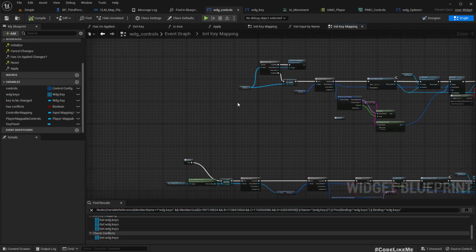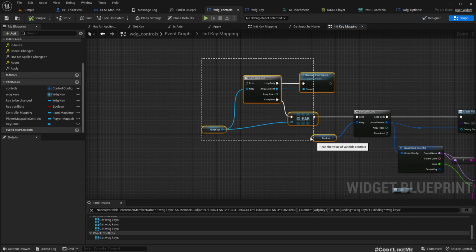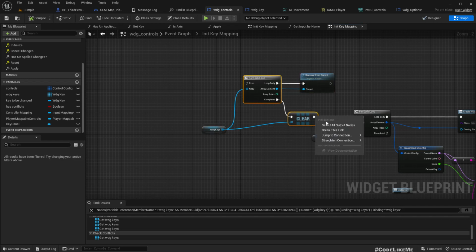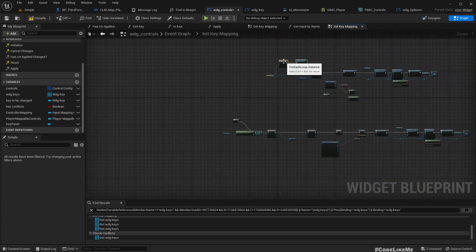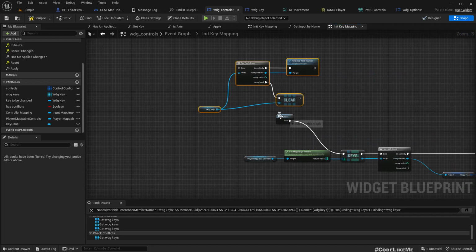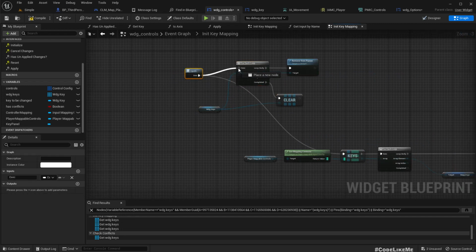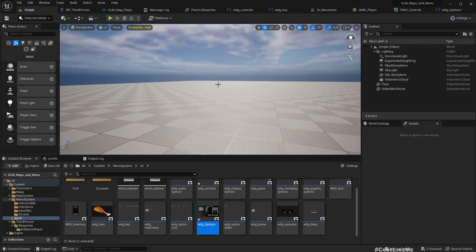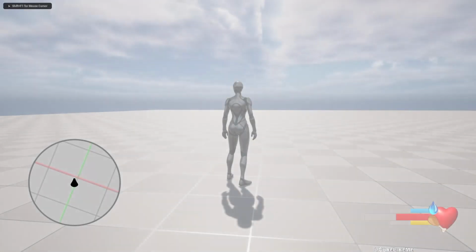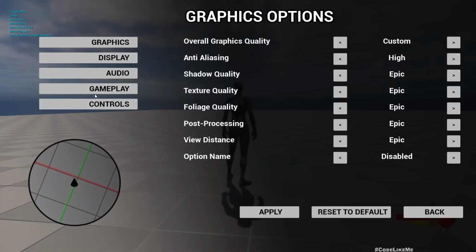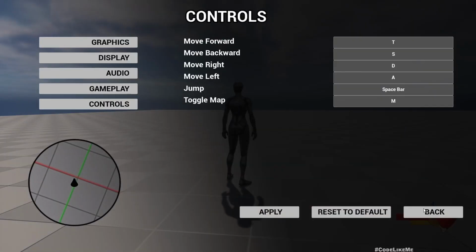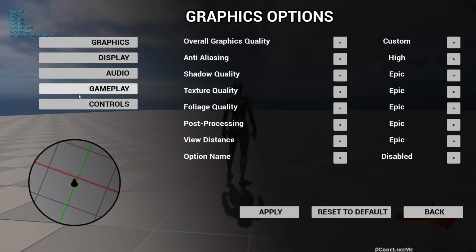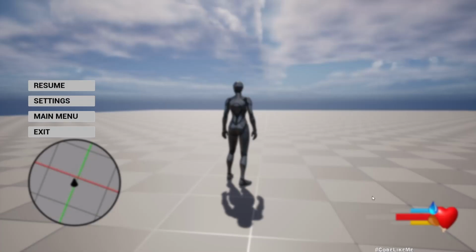Alright, problem is this. Here we should have kept this part. This part is responsible for clearing up the existing buttons. Go to controls, okay, go back. Again go to controls. Okay, it's not duplicating now,